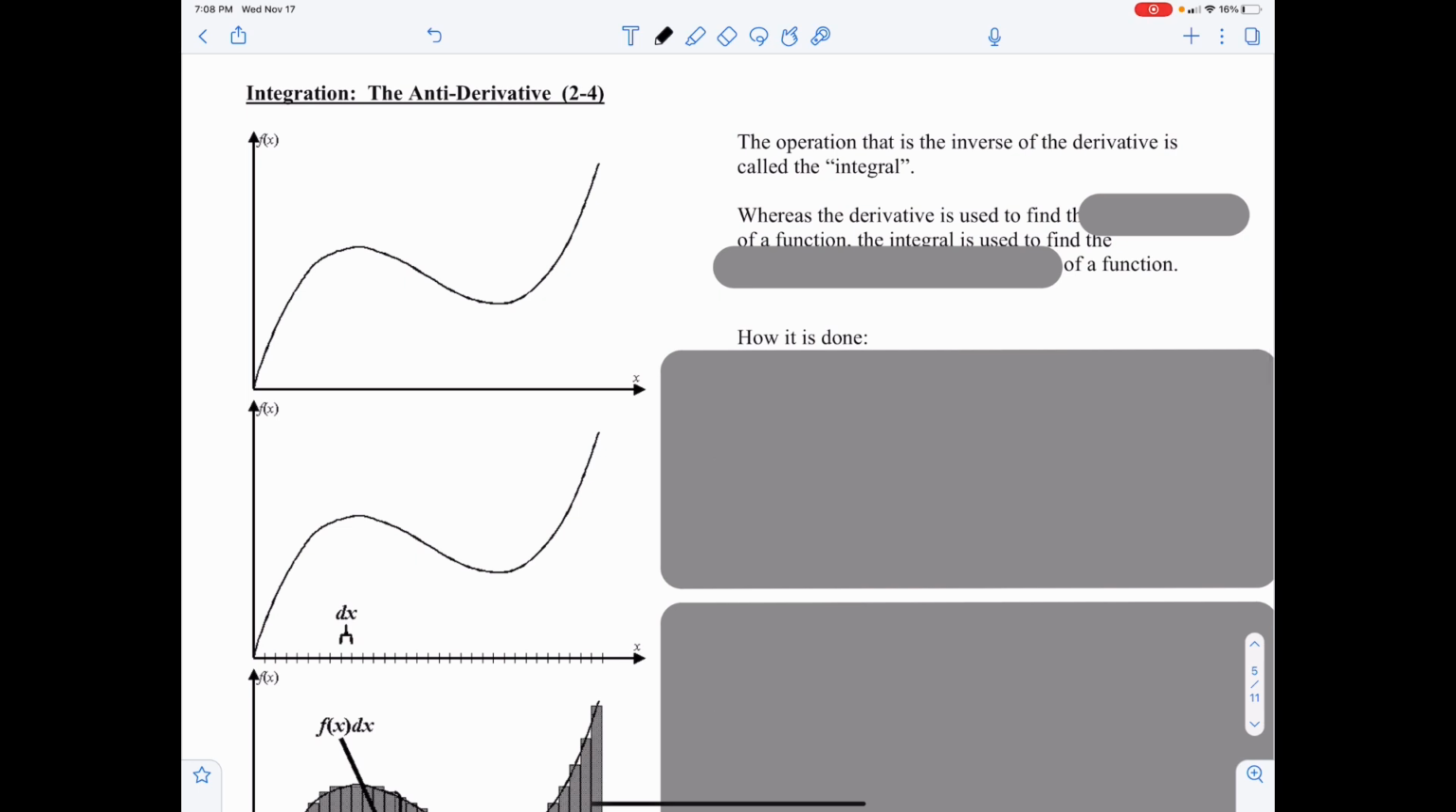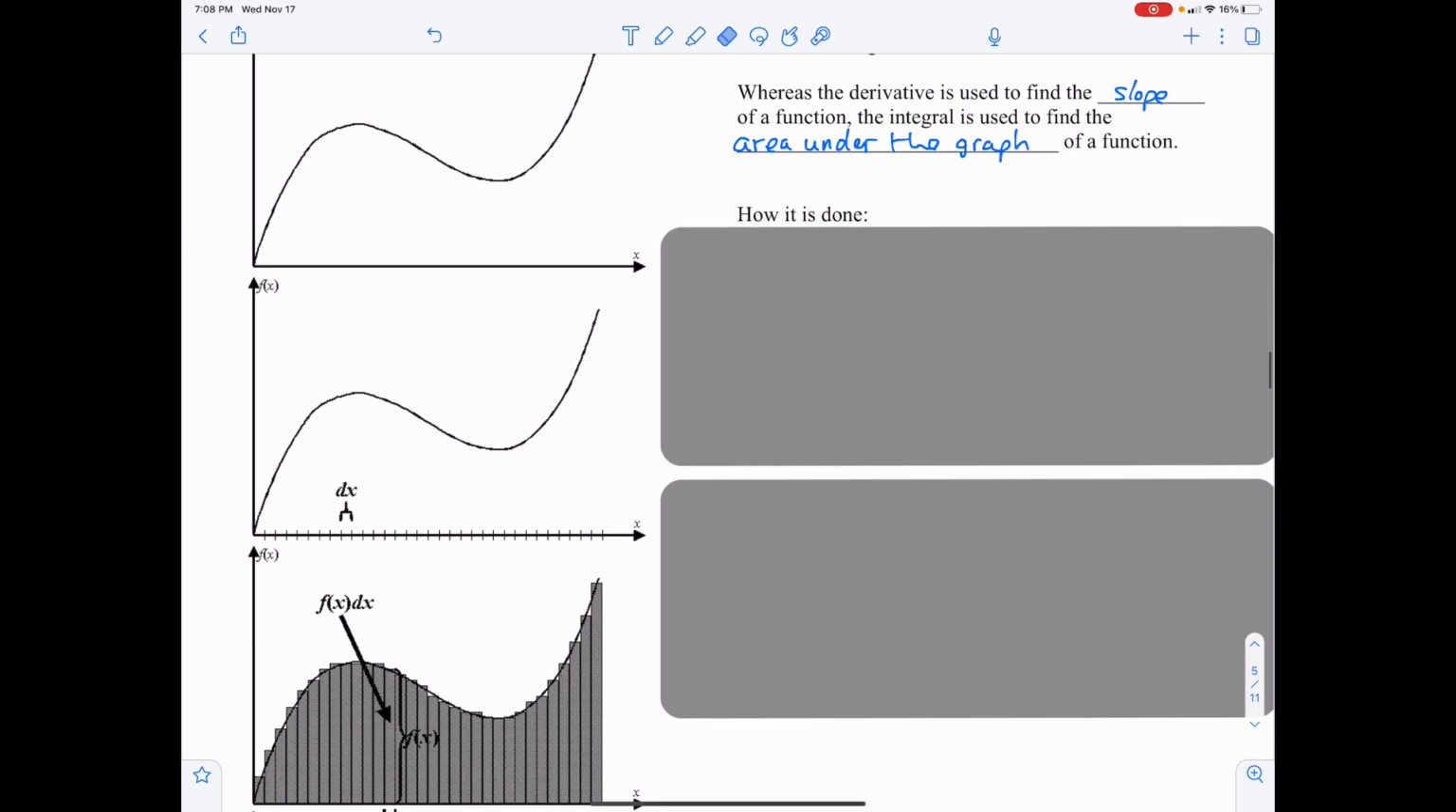Now, let's go ahead and introduce something called the integral, or the anti-differentiation. The operation that is the inverse of the derivative is called the integral, whereas the derivative is used to find slope, the integral is used to find the area under the function. And how it's done,